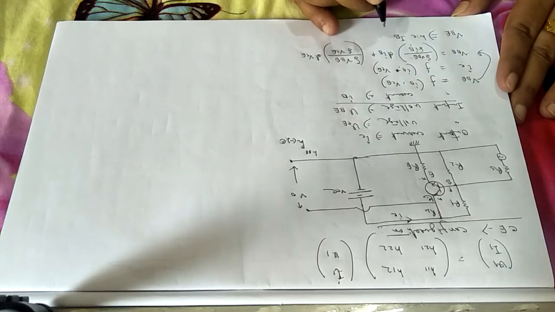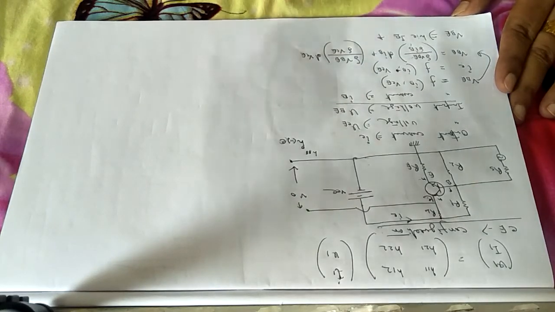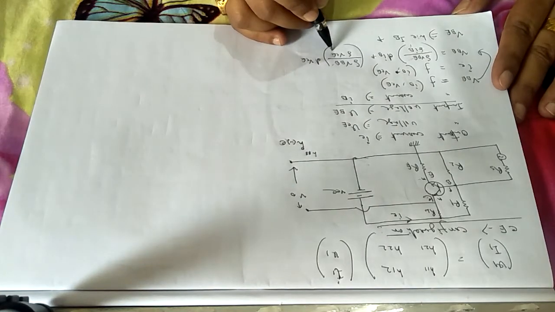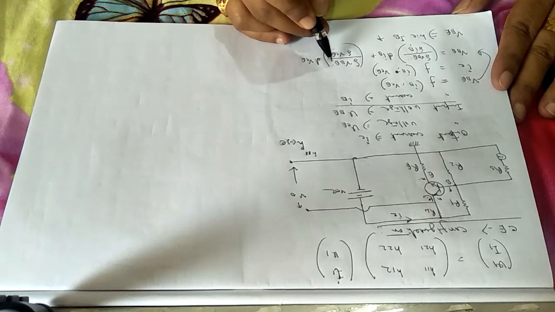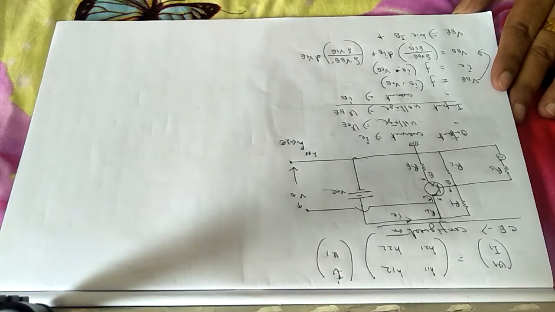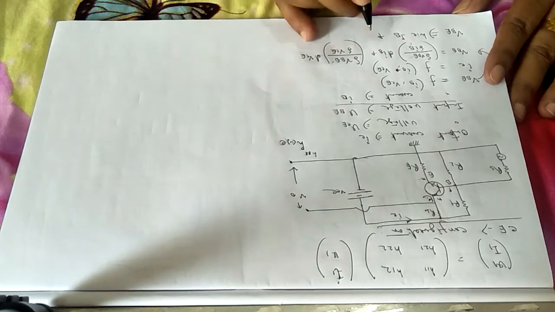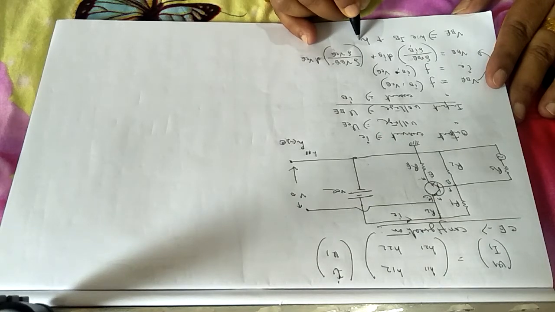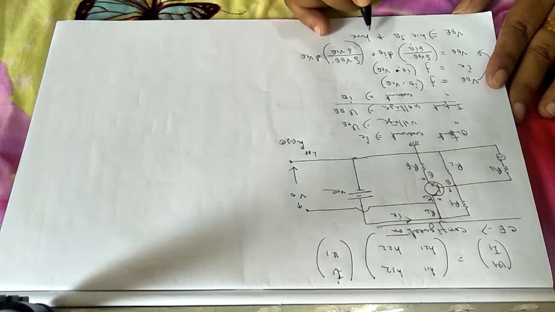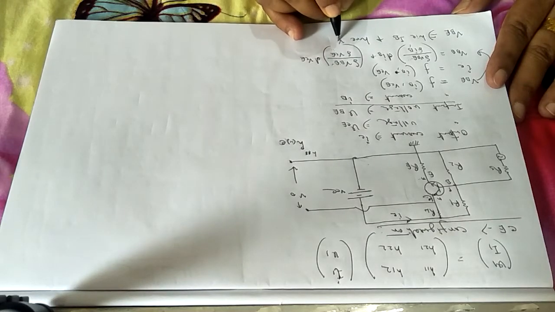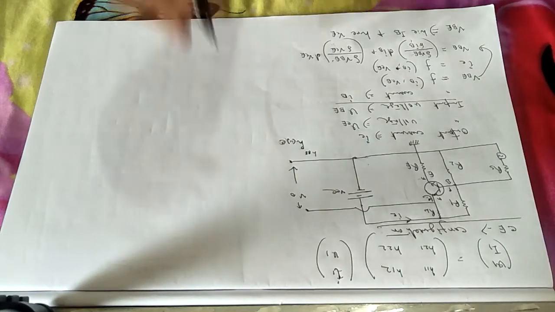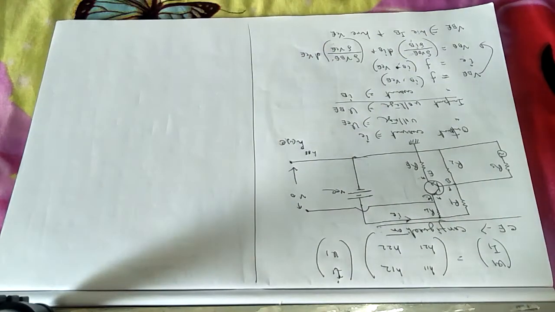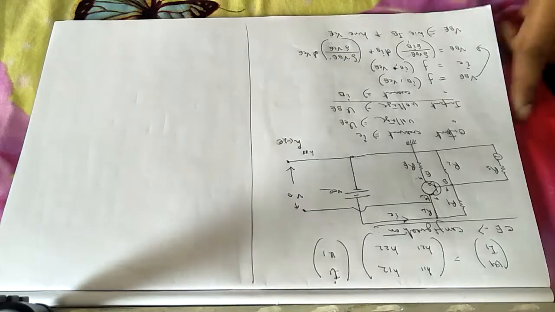If you write VBE, then the second term will be VBE by VCE. Input voltage by output voltage. The ratio between input voltage and output voltage will give you reciprocal voltage gain. So for reciprocal voltage gain, the first term is HR. Then for common emitter configuration, E. So HRE into VCE. I think you got it. If you go through it again, repeat this video, you will probably understand. Then you can go through any book.